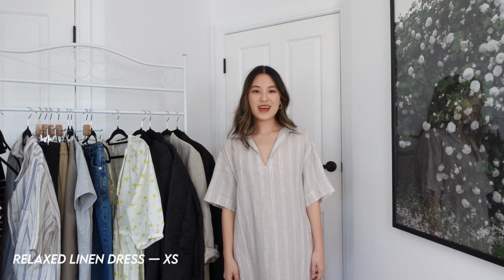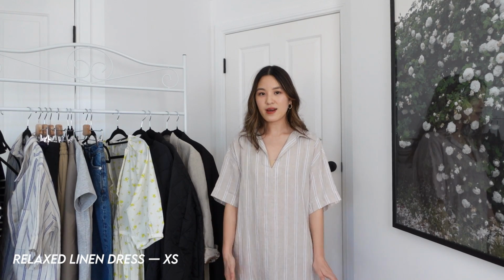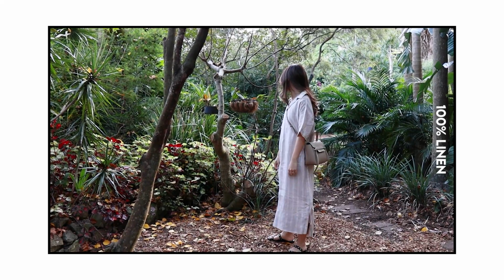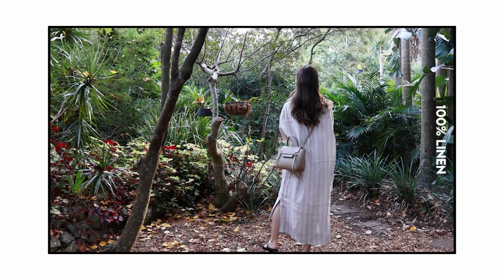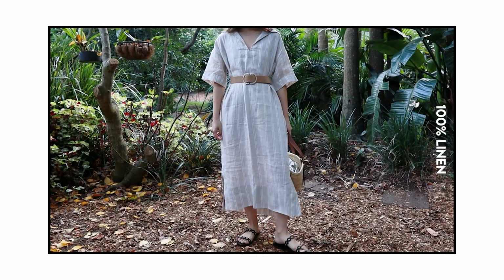I've popped on the dress now, and this is something that I've actually had in my wardrobe for a while now, so it's not a part of the order that I placed, but this is just a really loose, effortless linen dress. Firstly, I really like the stripe pattern of it. It just has a summery, nautical feel to it, and I also really like how loose and how flowy it